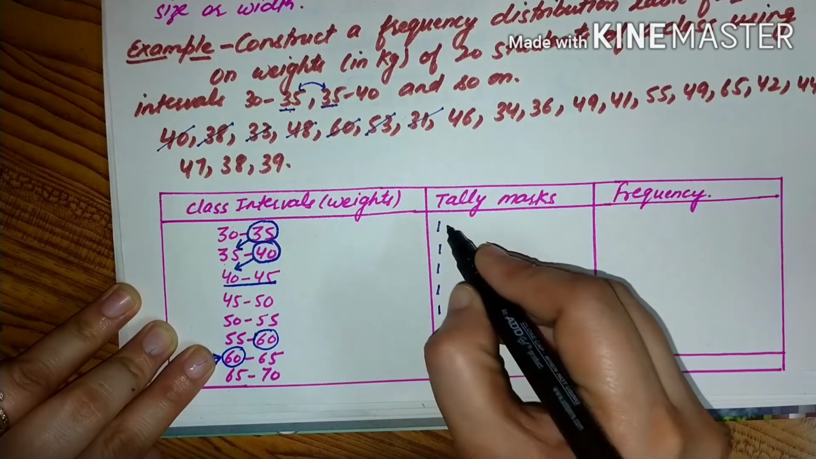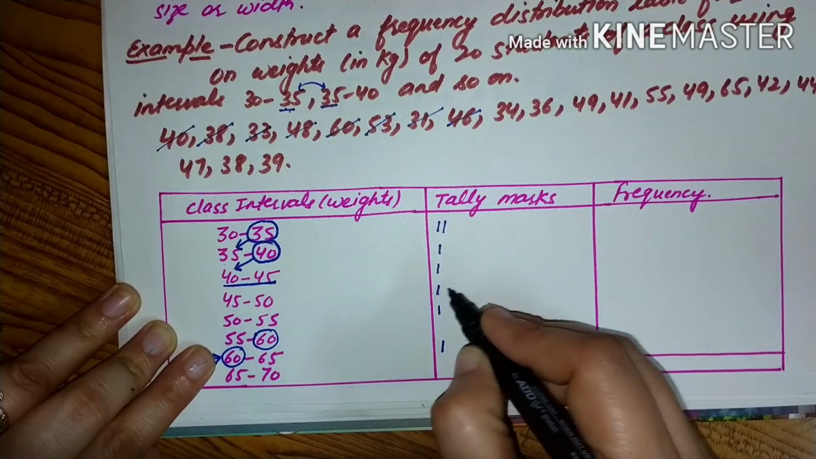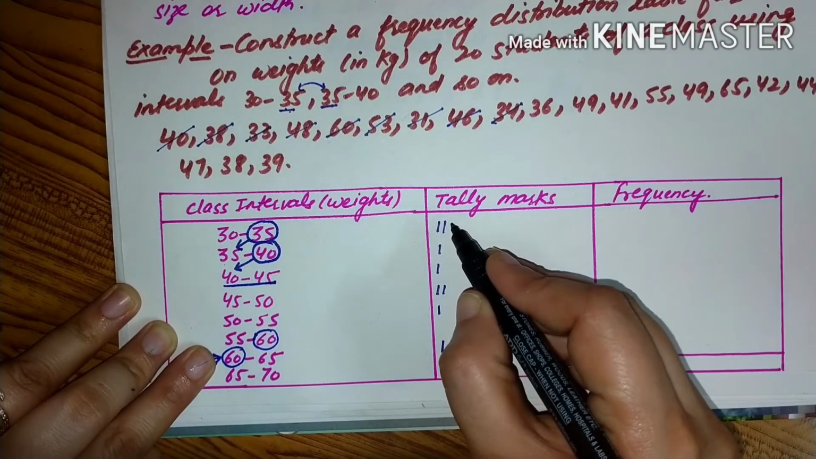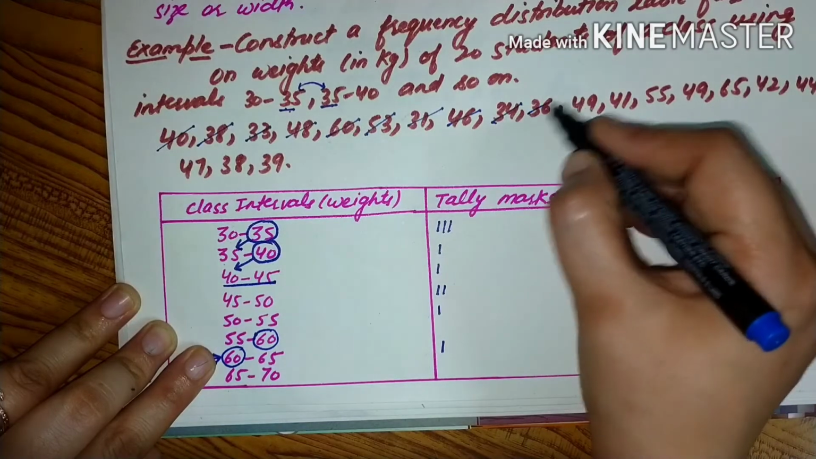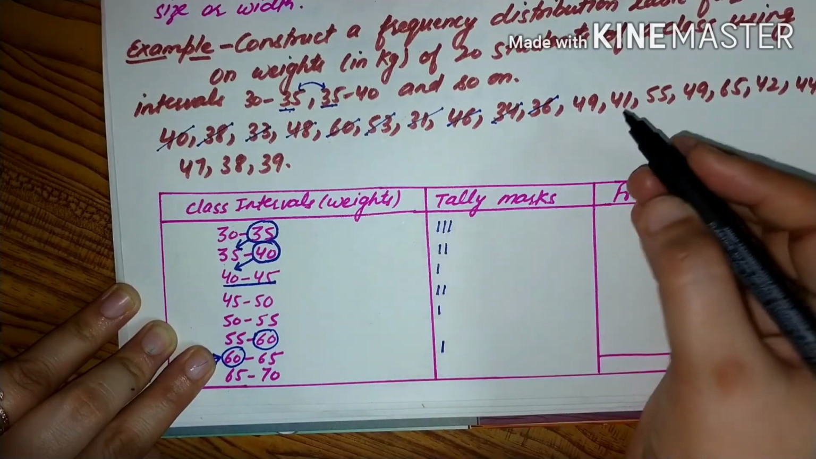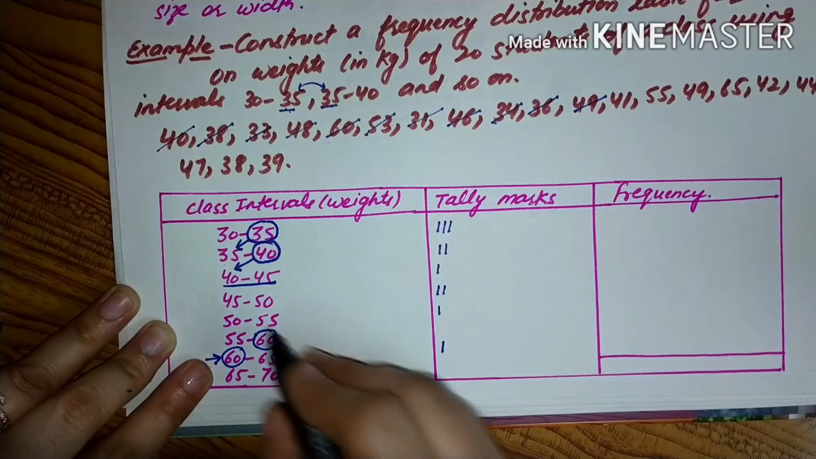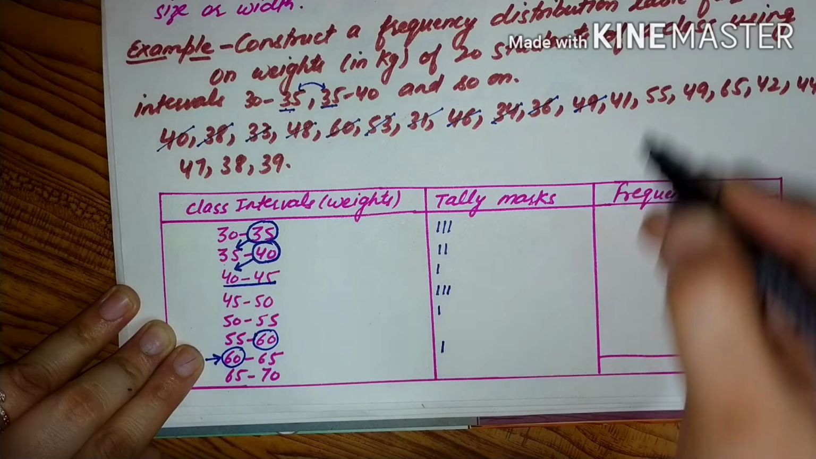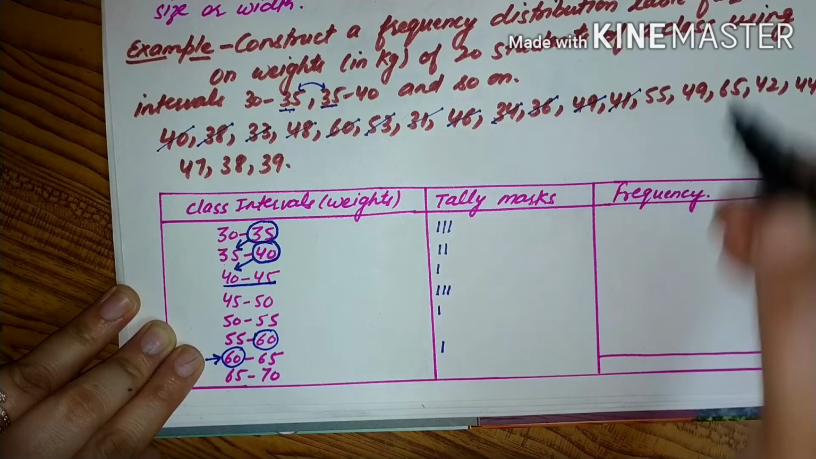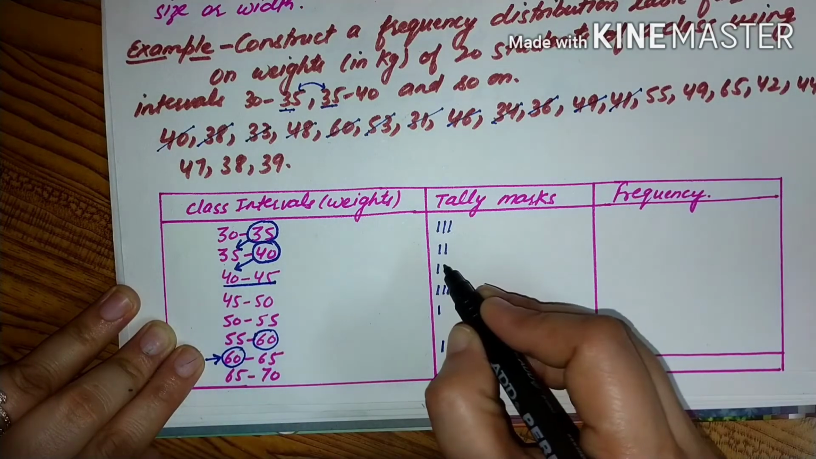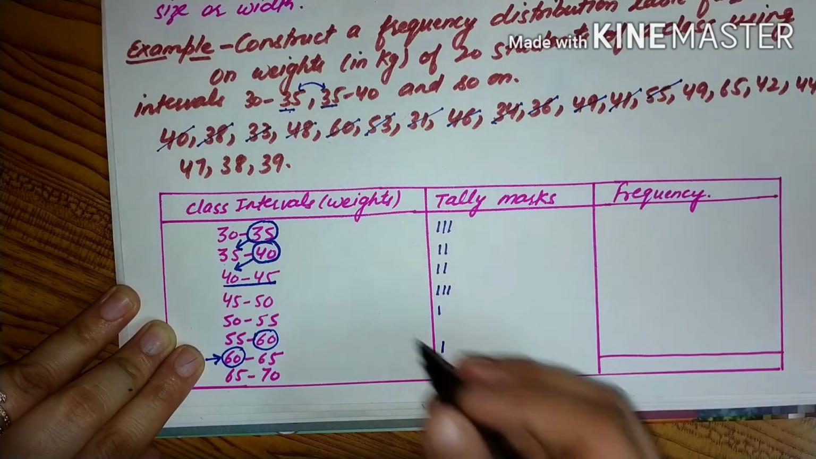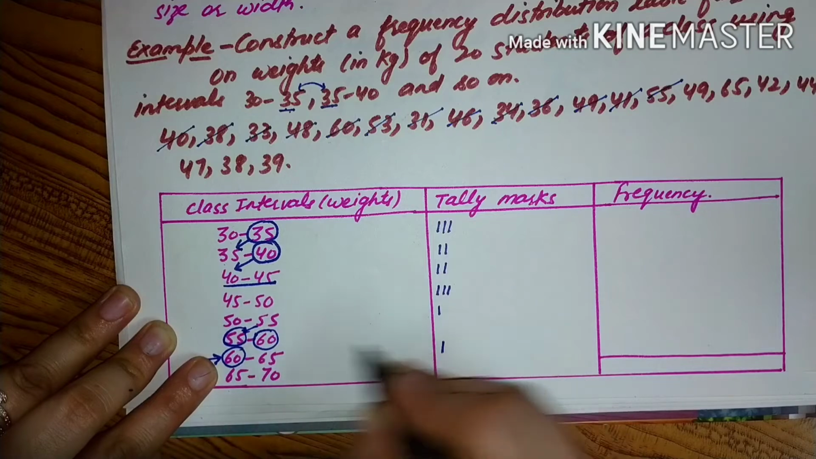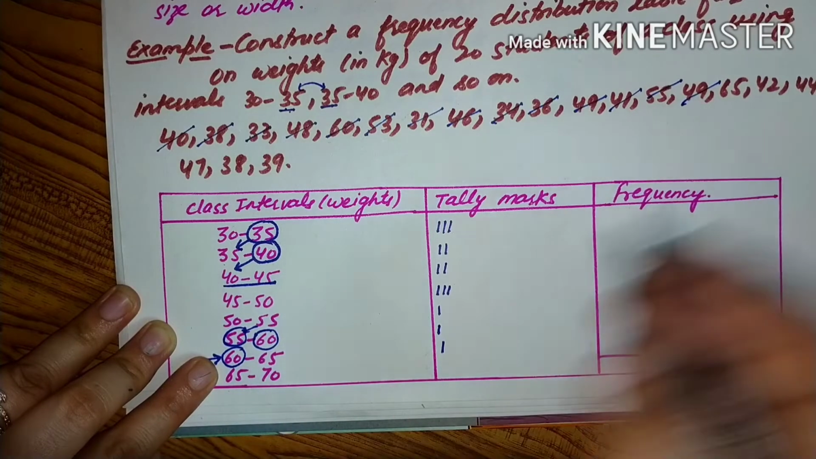Then 31, 46, 34 will lie in 30 to 35, then 36 will lie in 35 to 40, 49 will lie in 45 to 50, then 41 will lie in 40 to 45, 55 will lie in 55 to 60, 49,